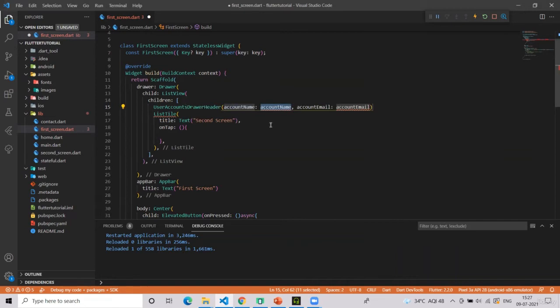Then simply mention those things. Account name should be Elon Musk. Account email can be tesla@gmail.com. It's very weird, you will never use a Gmail account like this.